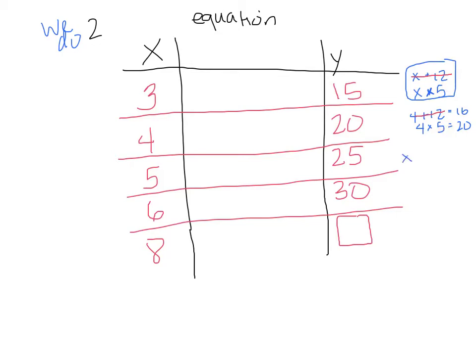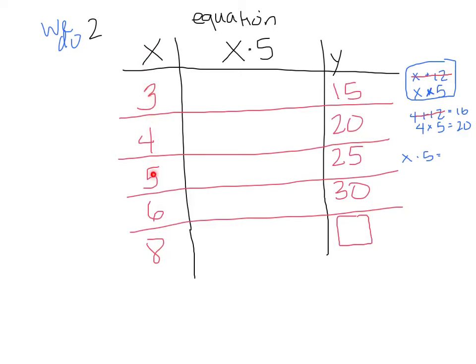So if x times 5 is it, then if x is 5, 5 times 5 should be 25. And it is. So the equation that I must be working with here that gets me from x being this to y being this is going to be x times 5, or 5x, right? So if I plug in,